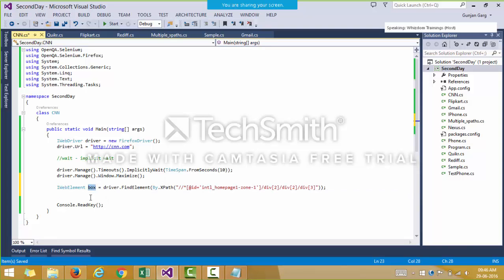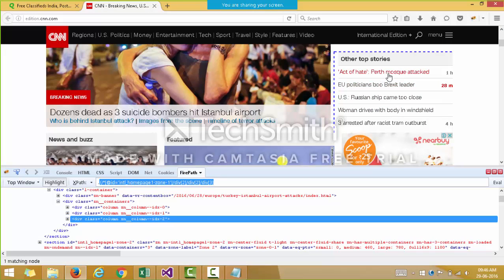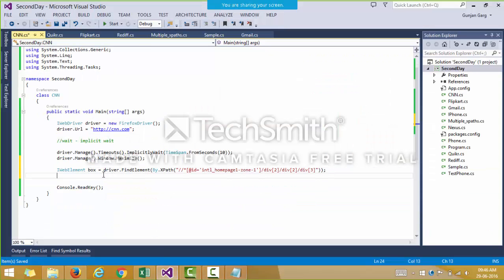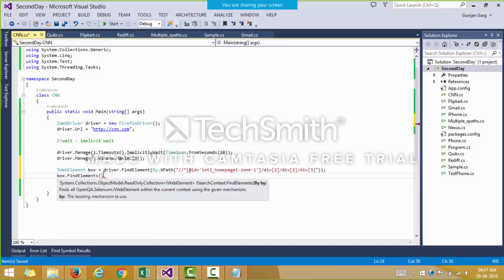Now inside this box we will find all the links which are present in this box, right? So we will write box dot find elements, and inside this box we will find all the elements, right?